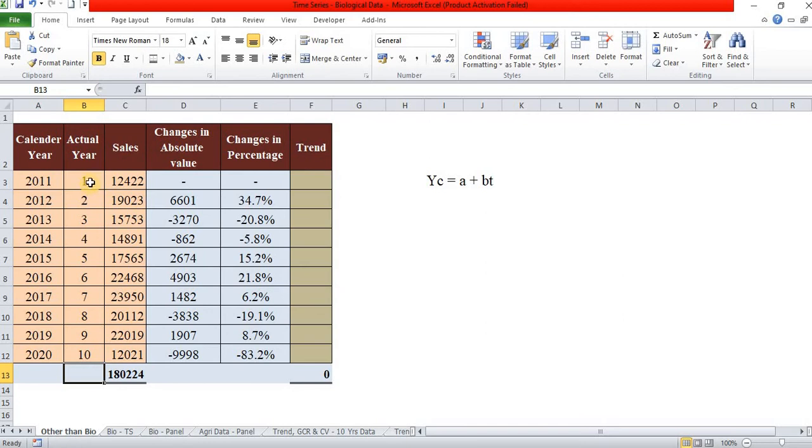So there are 10 years of data taken for the analysis.